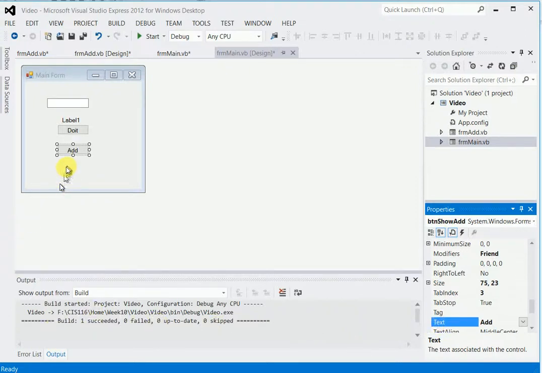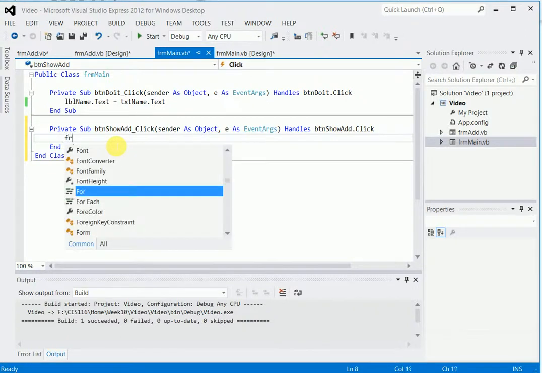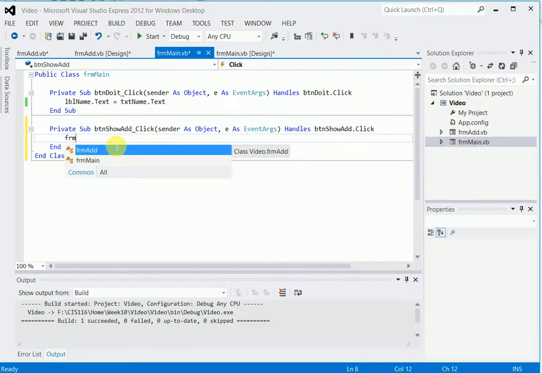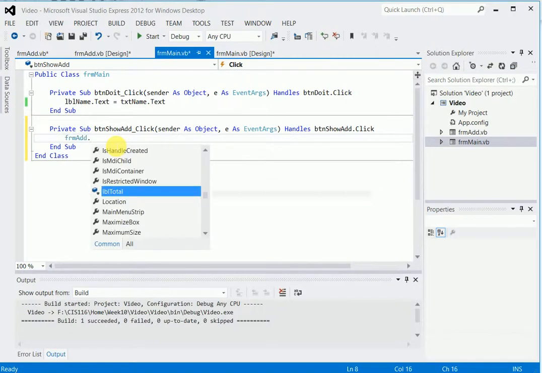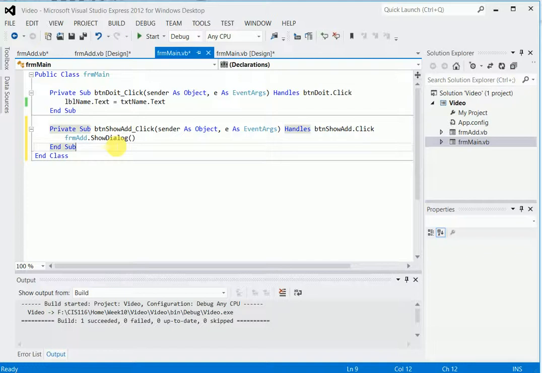This button, what we want this button to do is take and load this other form, okay? If you double click on add, it'll bring up that default button show add dot click, okay? And let's go ahead and show that other form. FRM. Once again, see how important those 3-letter acronyms are? Form add dot show dialog, we're going to say. Don't worry about what it means, just do it for now. We'll talk about that more in class. Now when we run the program,